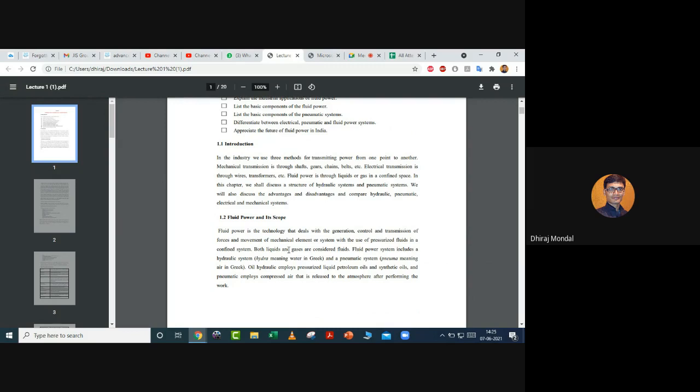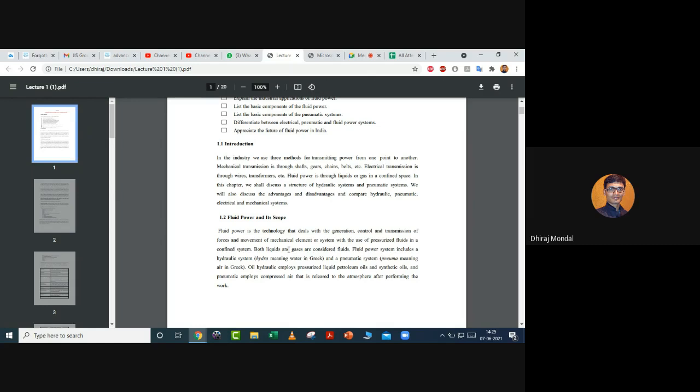So actually in fluid power control we are using the help of some fluid which is taken in a confined space, and as a result we are getting some work output. So you know that by the help of the fluid a lot of things you can do. In the fluid power control subject, you have gone through all this. Once more, I am just going to recapitulate that particular part.